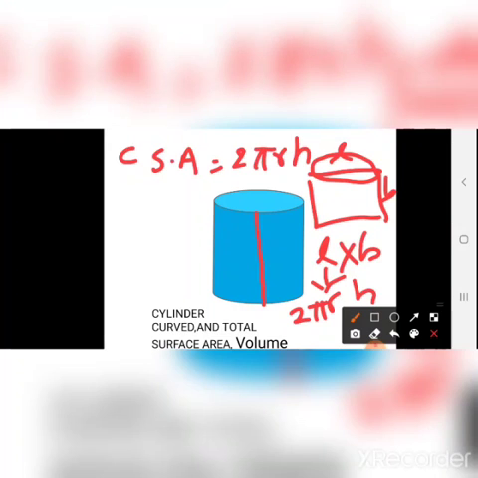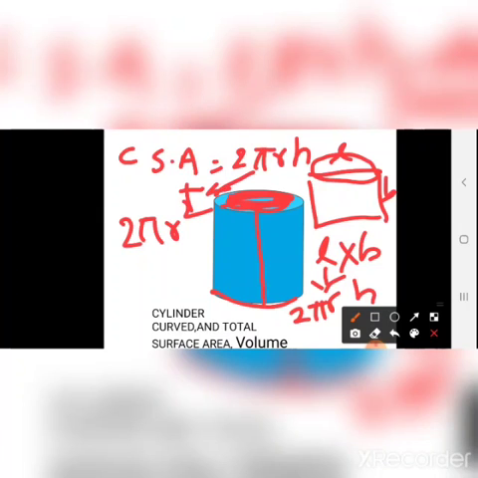So the curved surface area of a cylinder will be 2 pi r h. Same way, if the top is a circular area and the bottom is a circular area, we add that in. The area of that is pi r square, two surfaces, top and bottom. So 2 pi r square, if we add it into the curved surface area, will give us the total surface area. So 2 pi r is common, from here h and from here r. So 2 pi r (h plus r) is the formula for total surface area.